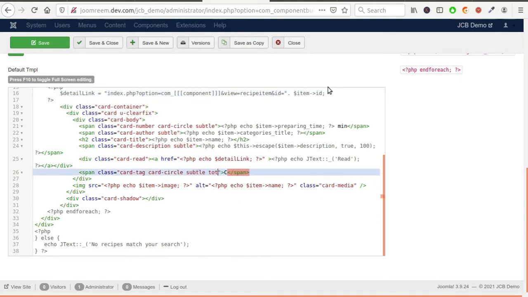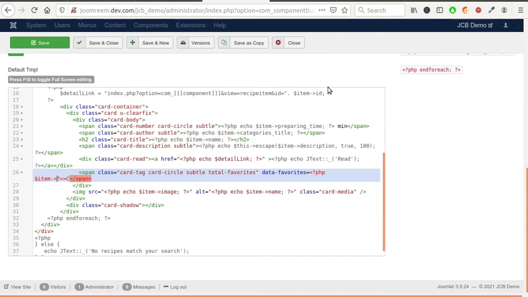I added the total favorites CSS class to this span to make it possible to update the text upon receiving a response from the AJAX call we will add later. Initially, the text will be set to the value of the favorites database column.